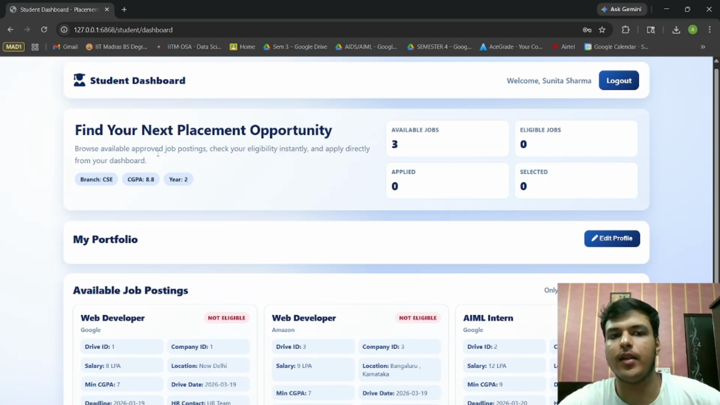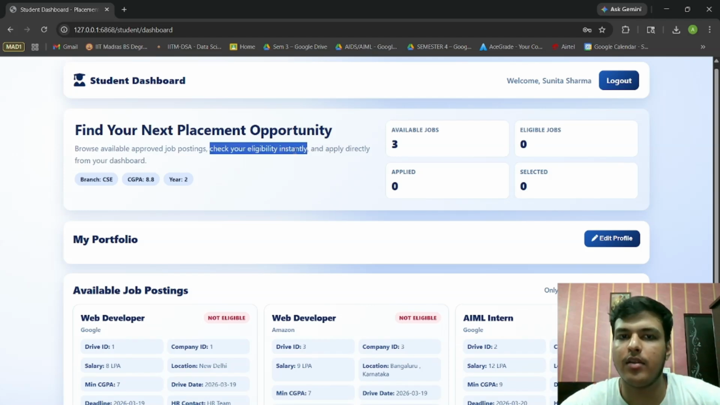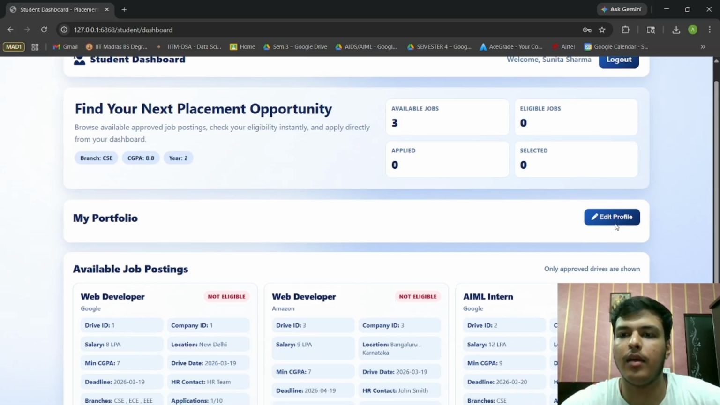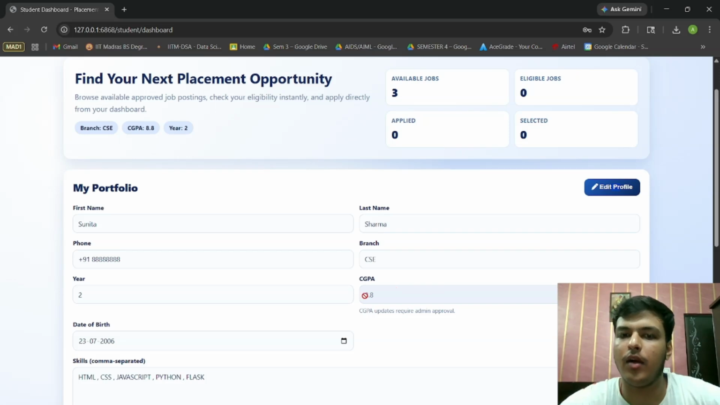The job listings which are approved by the admin are shown here. So check your eligibility instantly and apply directly from your dashboard. Here you can see your branch, CGPA, current CGPA, and year. You can edit your portfolio from here, but you cannot edit your CGPA, as CGPA is a static